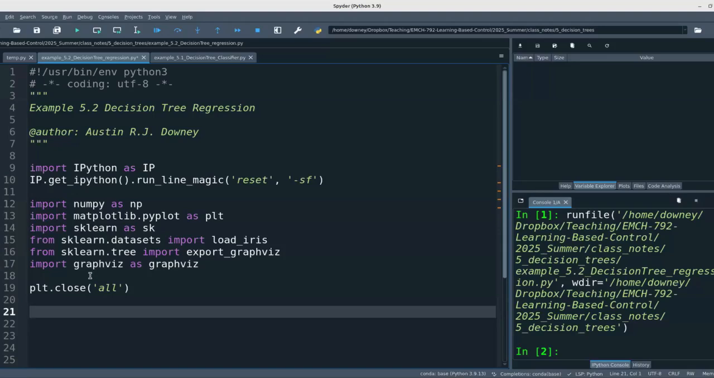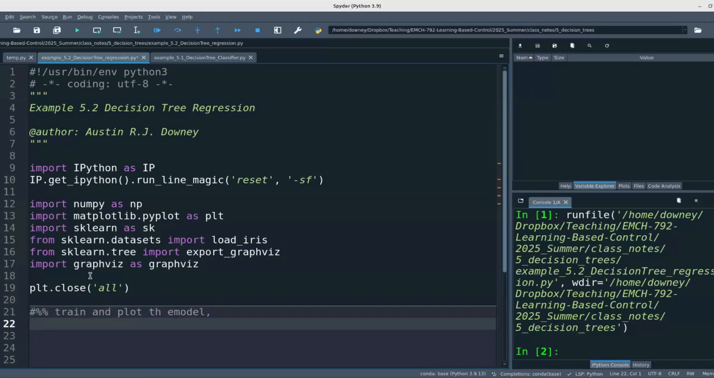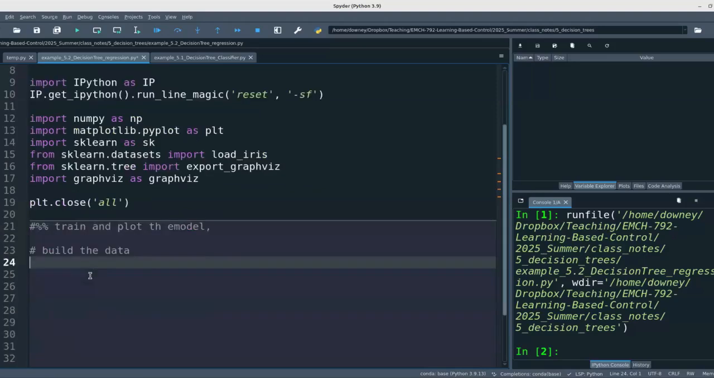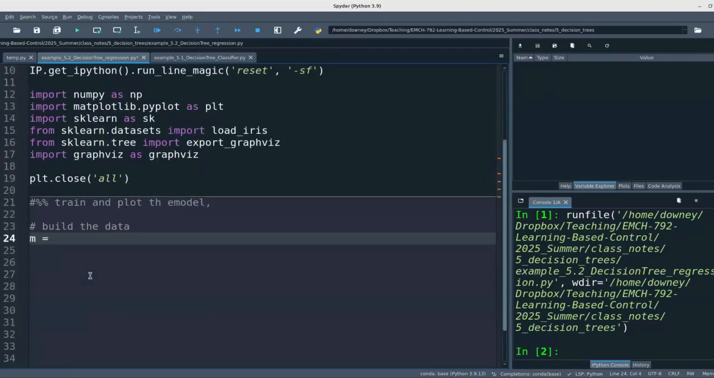All right, so let's do an example. Decision tree regression. We're going to start with train and plot the model. And so we're going to build the data, and we're just saying m equals 200. That's just the number of data points we have. X is our data, equal to